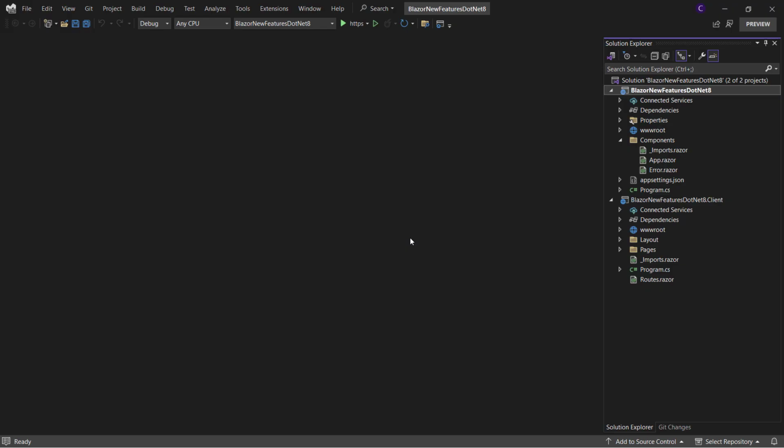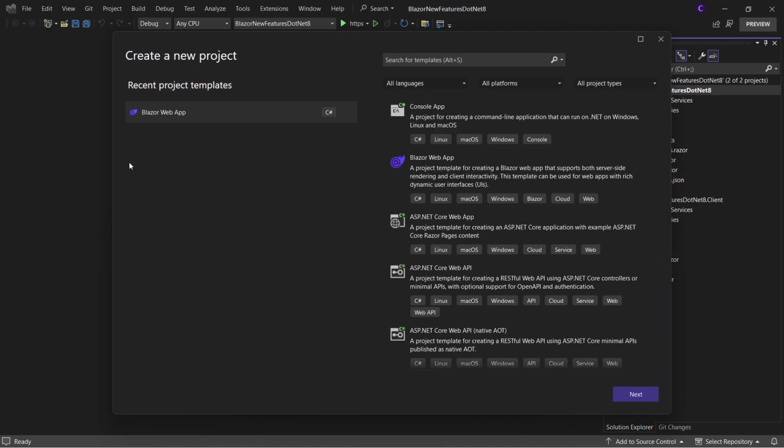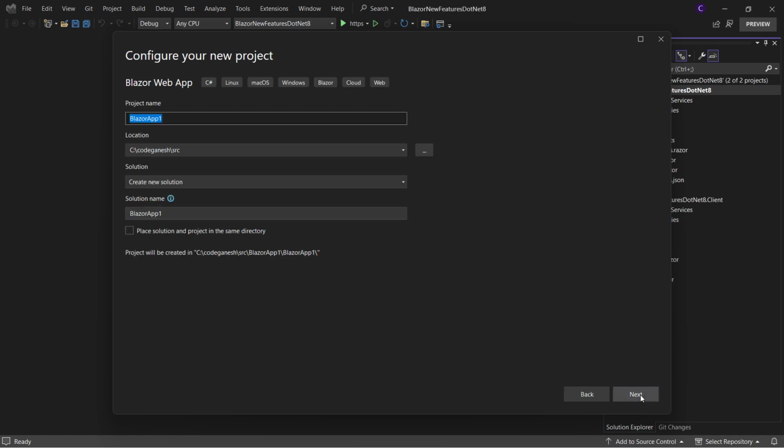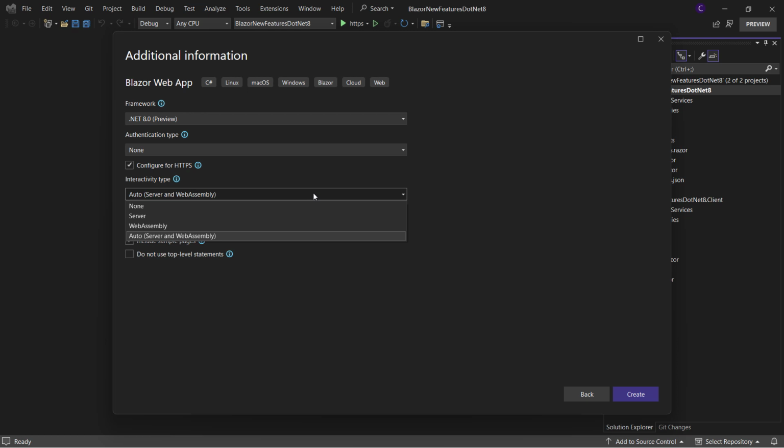Now, for this demo, I have the Blazor New Features .NET 8 solution opened up. And before we talk about the various render modes, let's revisit the Blazor web app template and see how the template lets us add support for various render modes. So click File, New, Project and select the Blazor web app template and click Next. Click Next once again. Now, here in the interactivity type drop-down, we have the following options: None, Server, WebAssembly, and